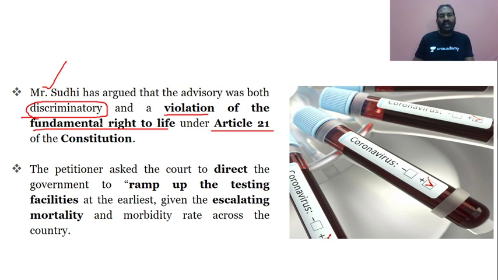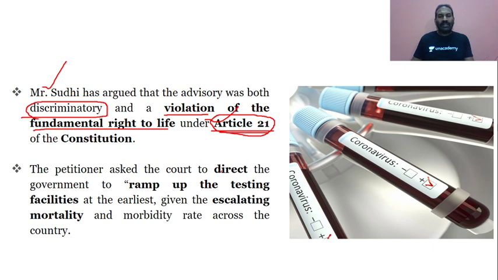And if they are going ahead with charging, then it is violating the fundamental right to life, that is Article 21. So what is important from the prelims point of view is Article 21 in regards to the testing which is being done at the rate of 4,500 in the private laboratories. This is very important from the prelims point of view. Again, you have a very good point here: you are linking the testing with the violation of the fundamental right to life, Article 21. If they are charging, then it is against it.